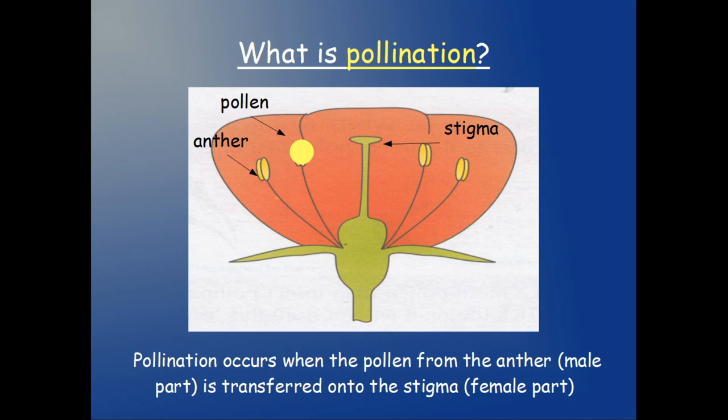Pollination occurs when the pollen from the anthers, remember the male part of the flower, we have the filament and the anthers. So it's when the pollen is transferred from the anther to the stigma, okay? The female part of the flower. But how does it happen? Well,